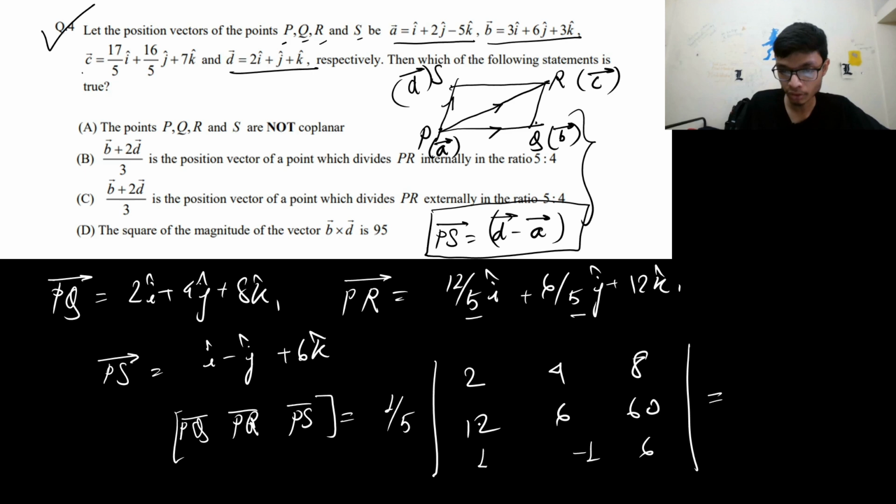see in the second row, for example, if I wanted to make some transformation in the second row, if I take 6 common, this will become 2, this will become 2, this will become 1, and this will become 10. Okay, so if I take 6 common over here, this is 6 by 5 then. And then for the 2, it is becoming 1 and minus 1. So what we can do is make some